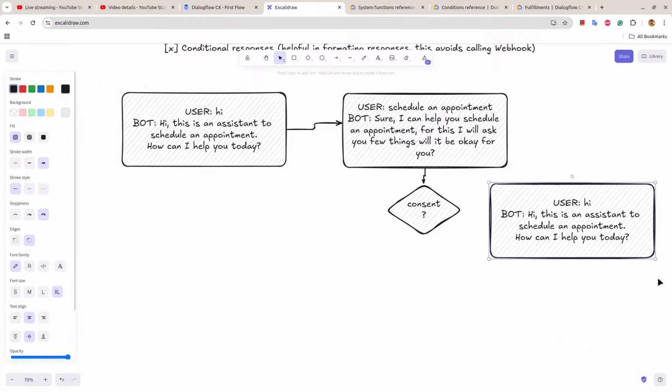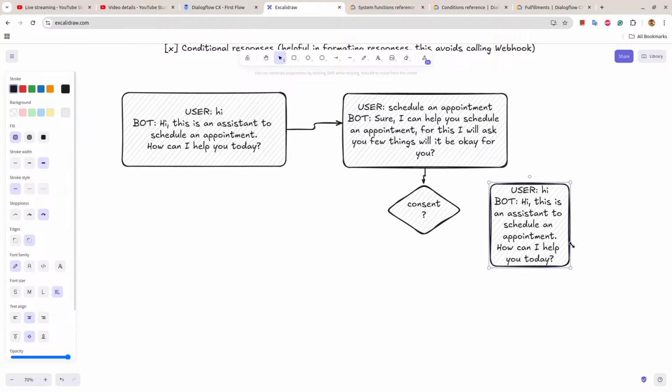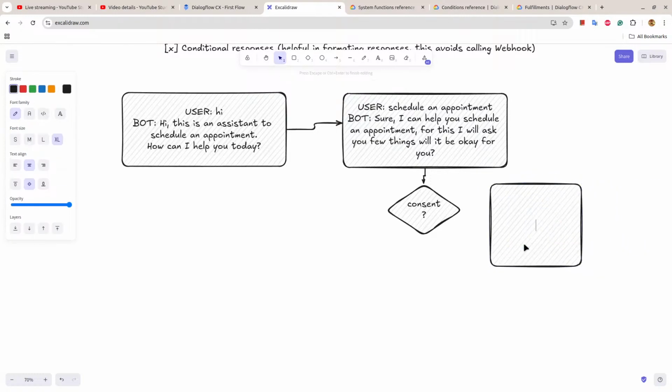So for example, if the user says something like no, for example, no, then the bot will say,